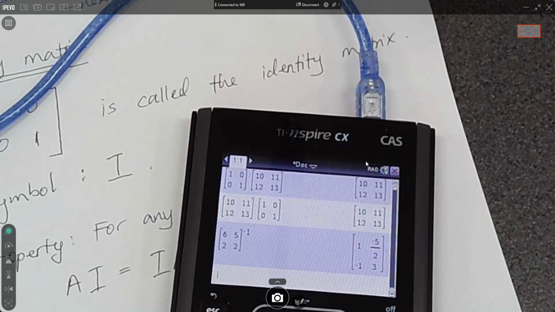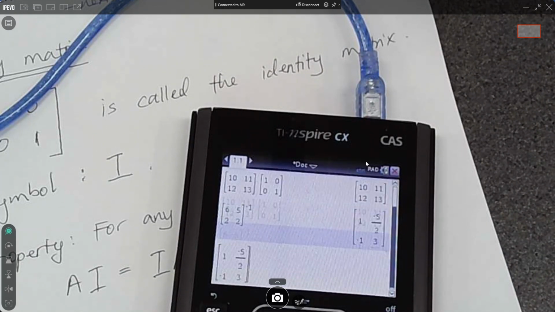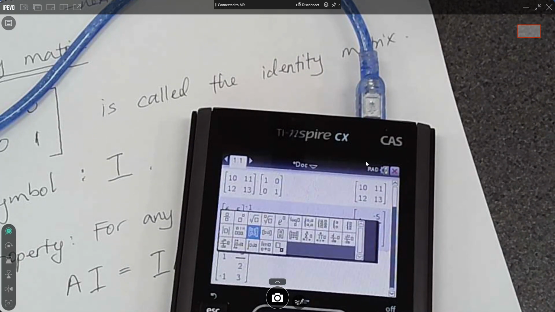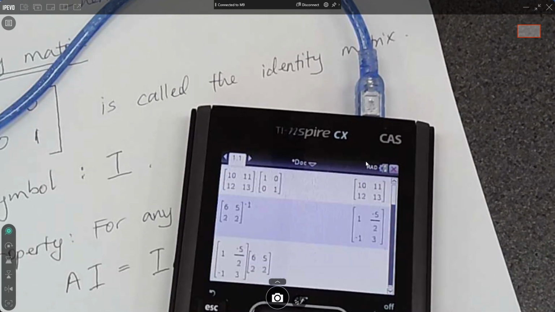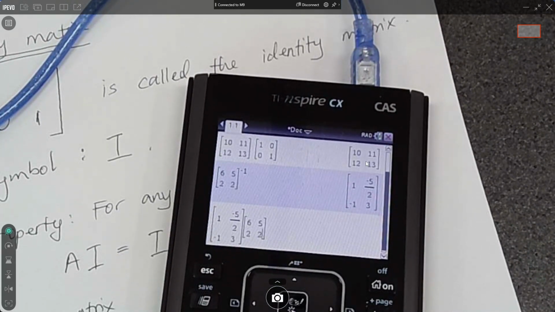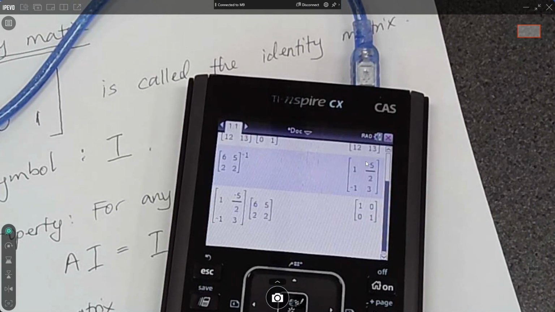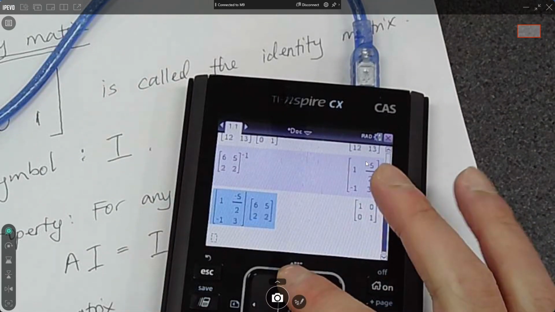And then what I want you to do is take the matrix that you got as an answer and multiply by the original matrix. Watch what we get. Whoa, that was so weird. All right, and if I swap the order,